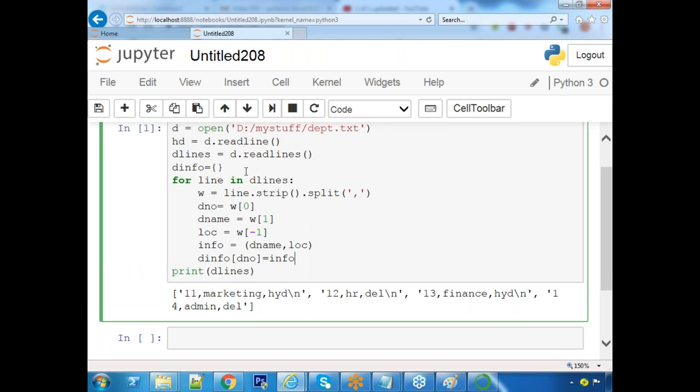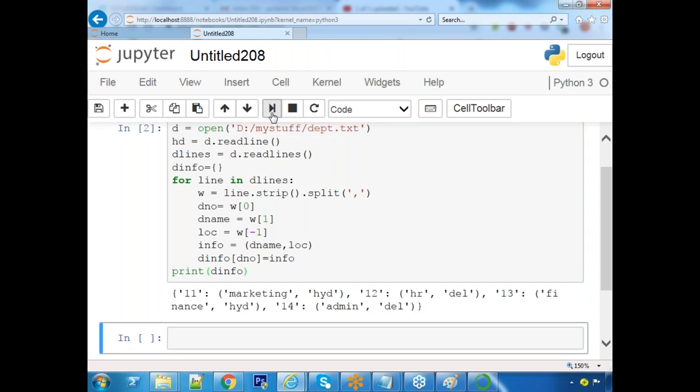D info. We need to print what? D info. That is a dictionary now. Look at this dictionary content. 11 as key. What is the value? Value is a tuple. Again, 12 key, value tuple. 13 information as value. Okay. Entire our parent information is available in dictionary or not now?